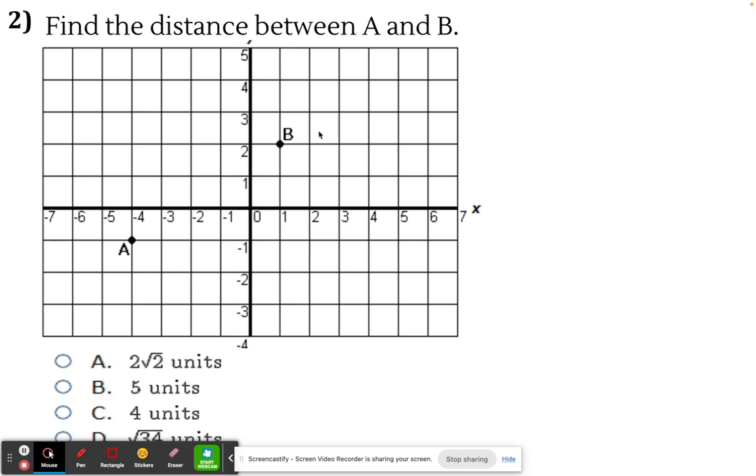Okay, I want to find the distance between these 2 points. So where is this one? This one is at -4, -1. And this one is at 1, 2. Well, we want to use our distance formula. Distance equals square root